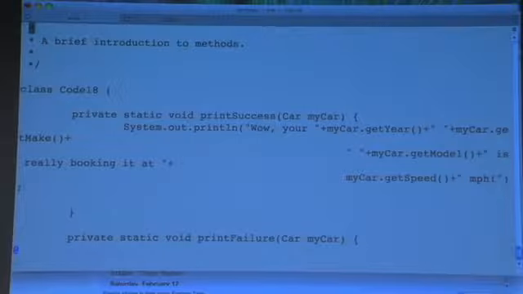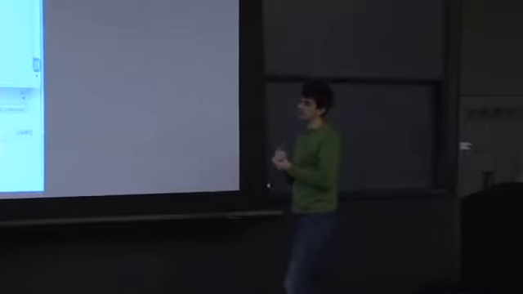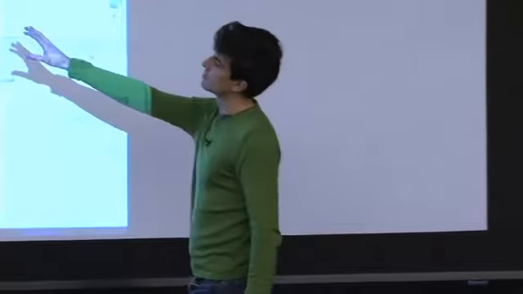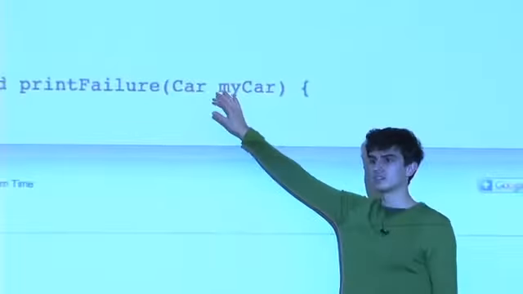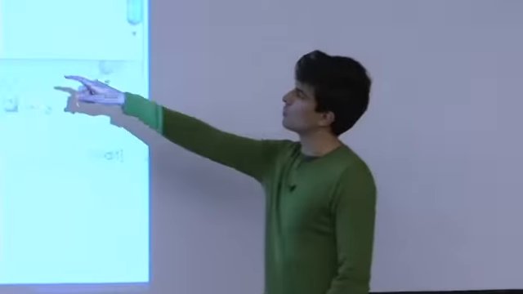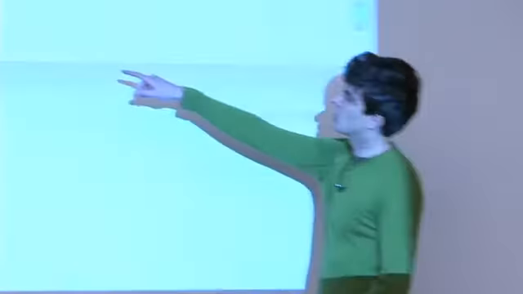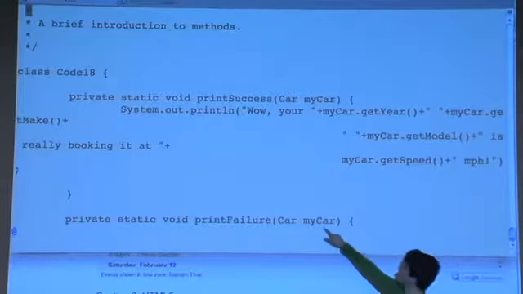and print failure. And we accept as parameters for both of these methods a variable of type car. Just because we've defined a car, and you might have noticed in other methods where we sort of hand waved at the parameter passing, you do have to define, because in Java it's strict typing, you do have to define the type of data that you are expecting in a method. So in this case, even though we have an arbitrary class, it doesn't matter if it's this one that I've created called car, it doesn't matter if it's a primitive type like int or byte, and it doesn't matter if it's a more well-known object like string, you still have to define what type of data you are expecting